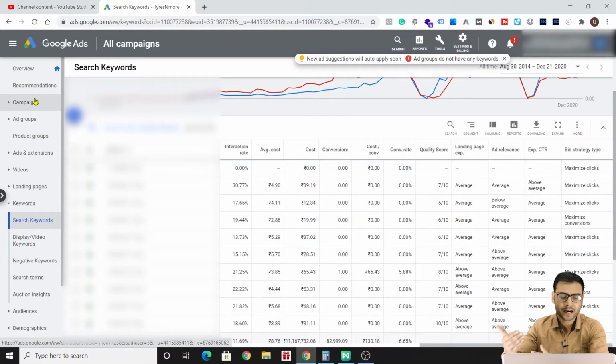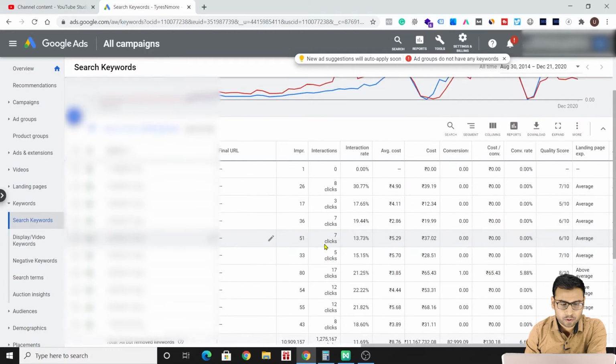So what we can actually do is target keywords or search keywords within our campaign itself. We can go to campaign, then ad group, and then within the ad group we can go to keywords and figure out the keywords from there. Also we can reach different keywords campaign wise or ad group wise from there. Or if we want to see all the keywords of all the campaigns, we can do it like this also, as we did. So we have two methods.